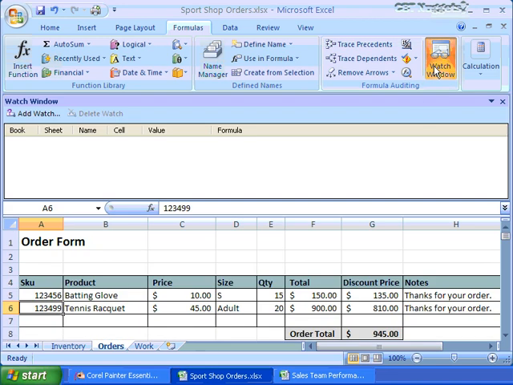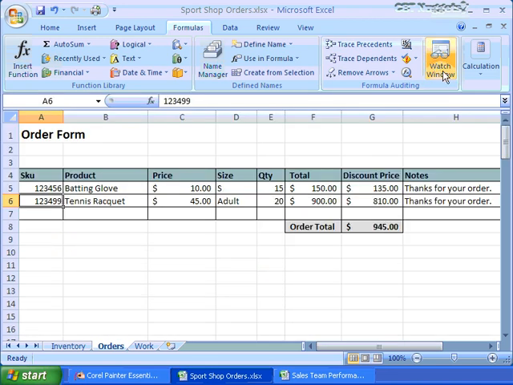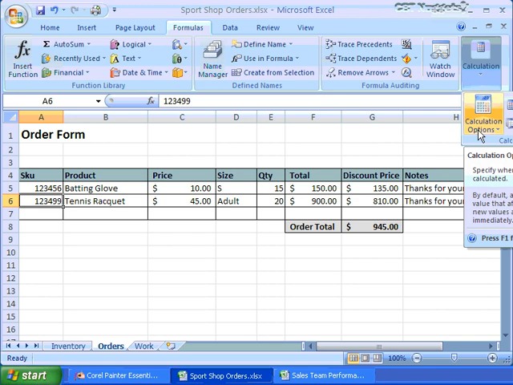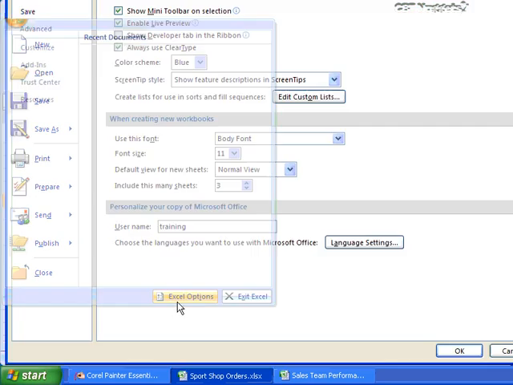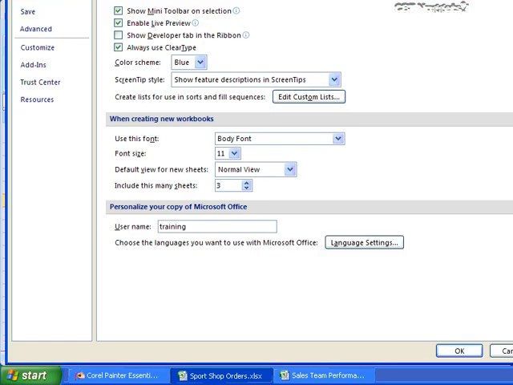This is the watch window. You can toggle it on and off, just like this. Calculation, it's going to be a little bit difficult to see it. It goes off the edge of your screen. It is the same thing that we had when we went into our Excel options here under